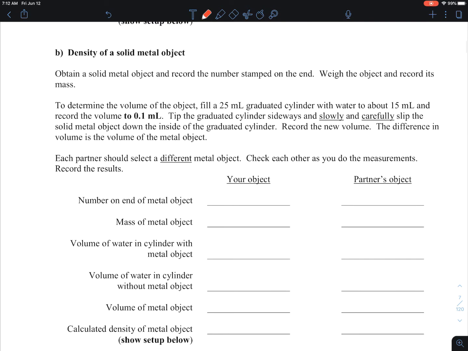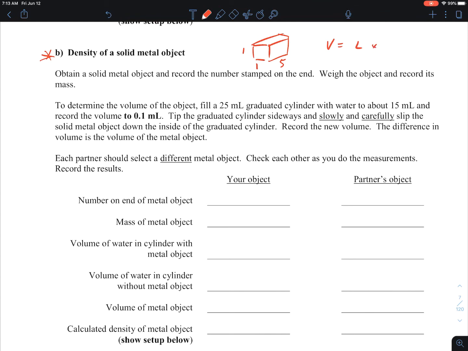All right, so the one that I wanted to highlight, though, is the density of a solid metal object. Sometimes you can get the mass of your solid metal object, and then in some cases you can measure the sides of it. For instance, let's say you had a nice rectangular solid metal object. I'll try to draw a better rectangle for you. You have a nice rectangular solid metal object, and it's like, I don't know, 1 by 5 by 1